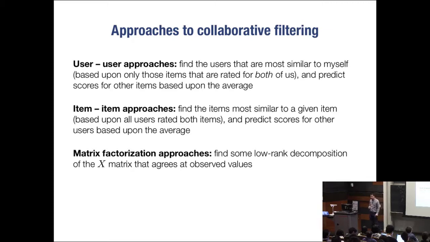The item approaches are, of course, just the converse of this. Here we find similarity amongst items. If I want to know how I'm going to rate some new movie, I find the most similar movies to that one in the data set, and then look at people that have rated both movies. This is tricky to get right, but basically, based upon movies that have been rated by both people, because you have to have some overlap in your ratings, I want to find the most similar movies, and then I'm going to say,